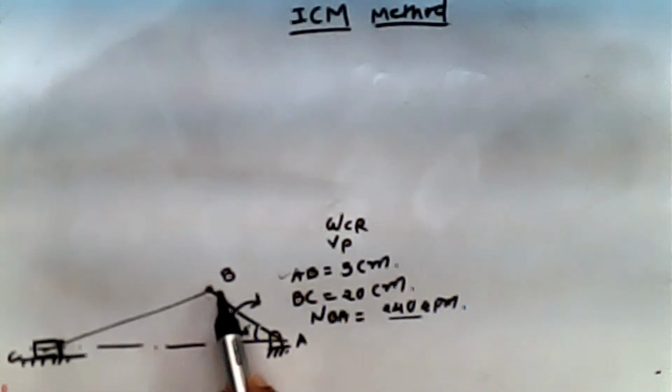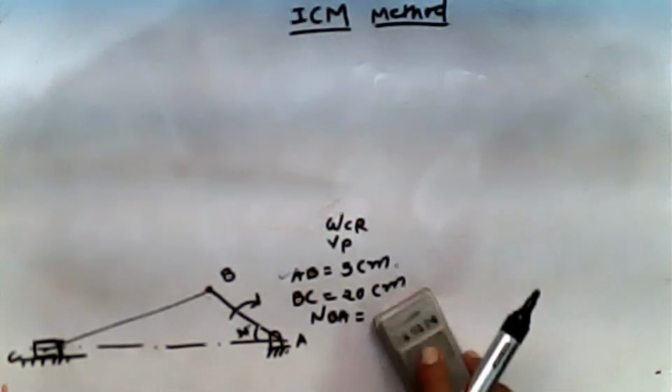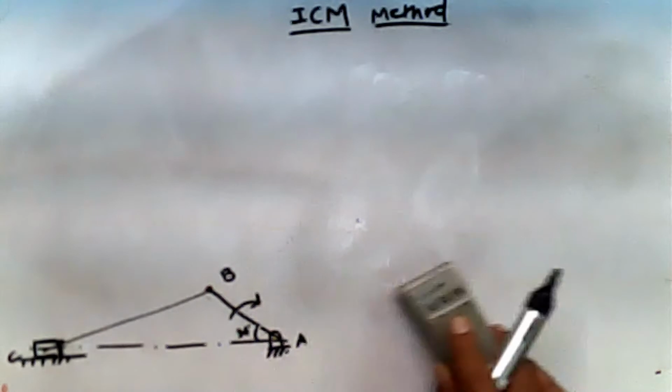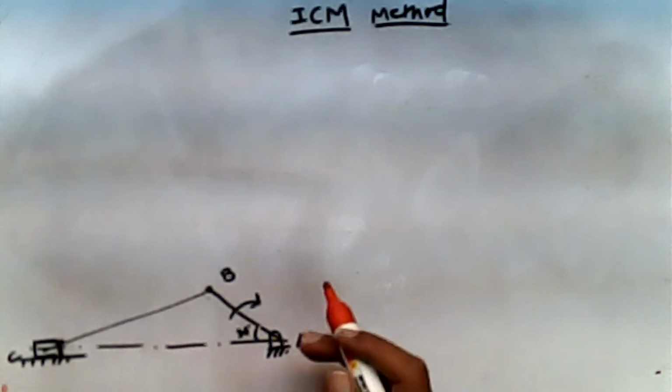So the connecting rod is our point B and C. This line joining B and C is the connecting rod. So the question is, determine the angular velocity of this connecting rod and the velocity of the piston. Correct? So let's try to solve this example. First of all, as we are solving this numerical by considering the instantaneous center method, let's locate all the instantaneous centers. So before that, we need to know how many links are there.